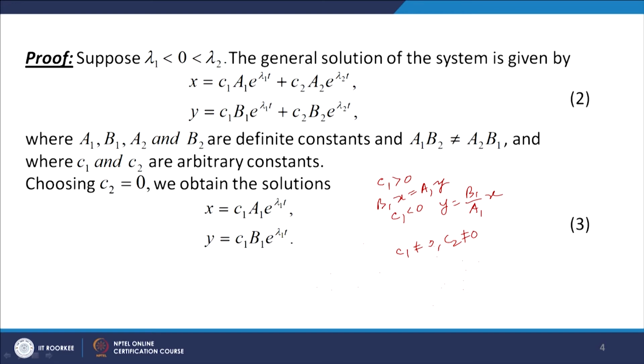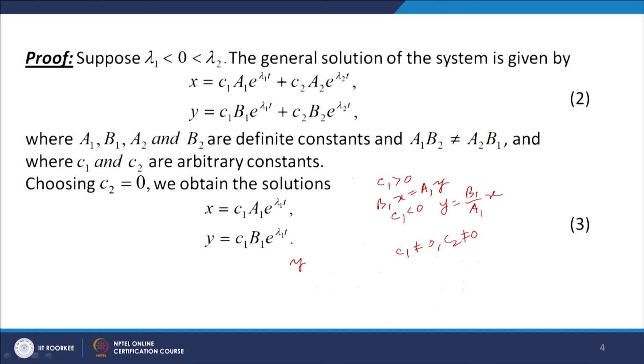this part e to power lambda 1 t goes to 0, but e to power lambda 2 t part goes to infinity as lambda 2 is positive. Similarly, for the case the solution by e to power lambda 1 t goes to 0 as t goes to infinity, while e to power lambda 2 t goes to infinity as t goes to infinity. So, one part goes to 0 while the other part goes to infinity, and same is the situation when t goes to minus infinity. When t goes to minus infinity, e to power lambda 1 t goes to infinity, while e to power lambda 2 t goes to 0. So, the solutions 2 represent rectilinear paths and do not approach 0 0 as t goes to plus infinity or minus infinity.